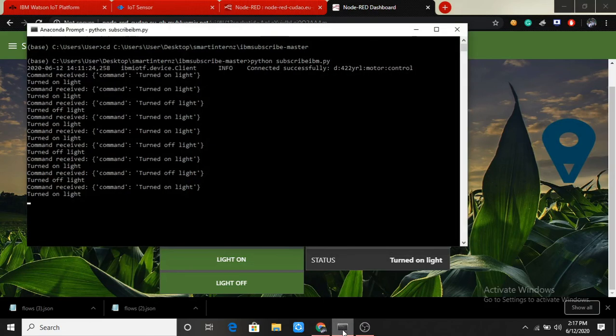So I had used Anaconda for getting the values from the IBM. I had also provided the Python file in the GitHub repository for getting the data from the IBM. So at the end we could see this. We could get the update that the light had been turned on.